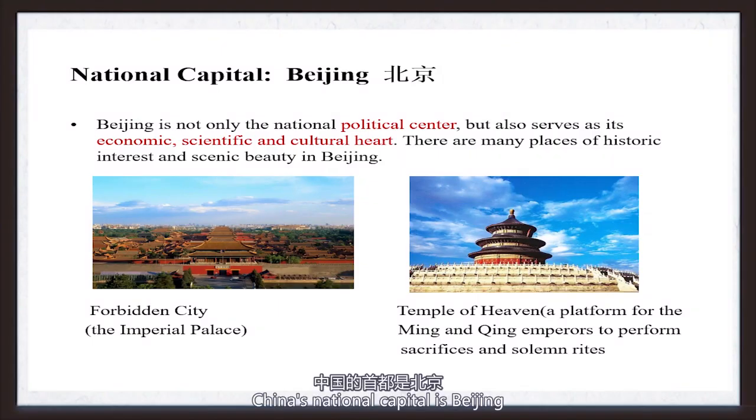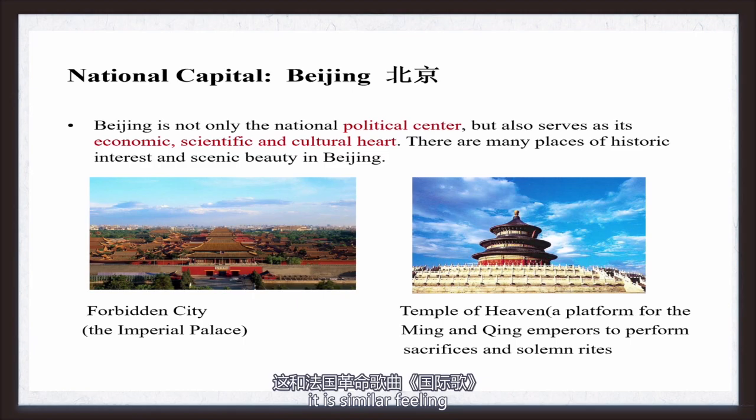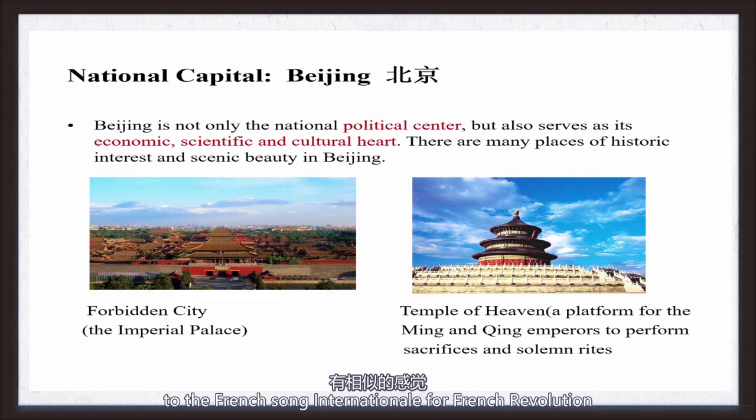China's national capital is Beijing. Beijing is not only the national political center, but also serves as its economic, scientific, and cultural heart. There are many places of historic interest and scenic beauty in Beijing,